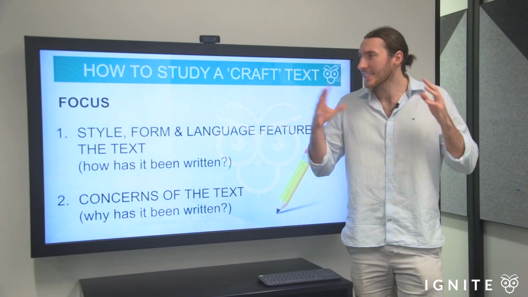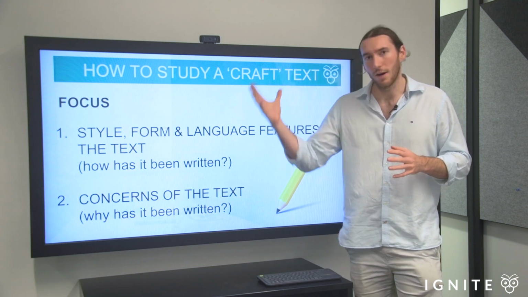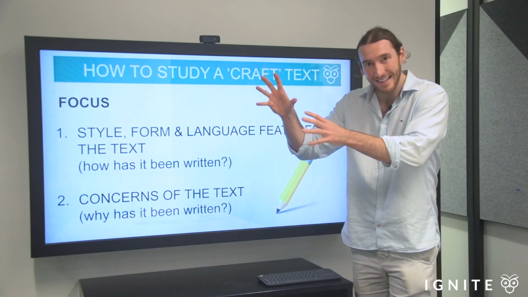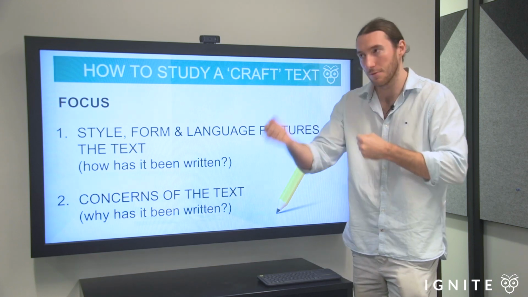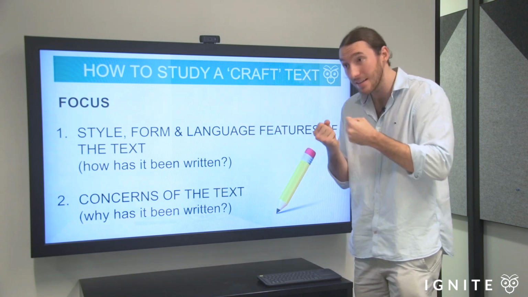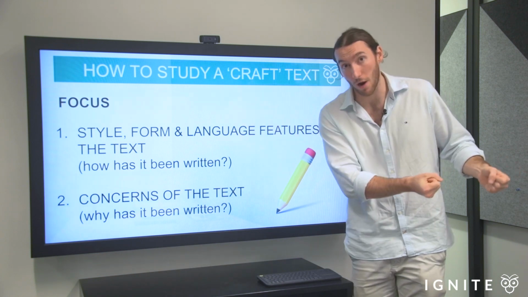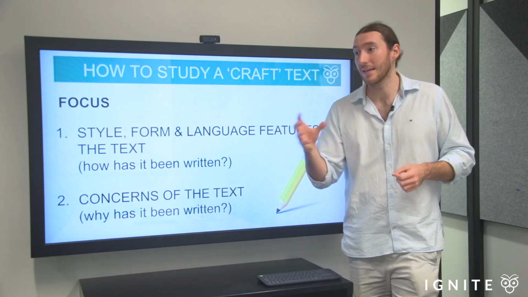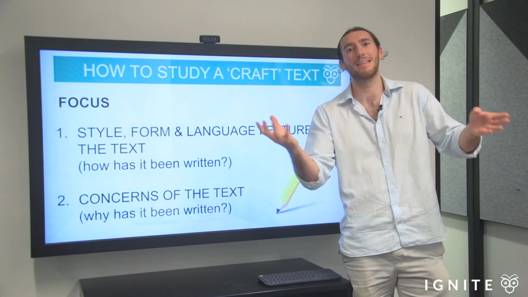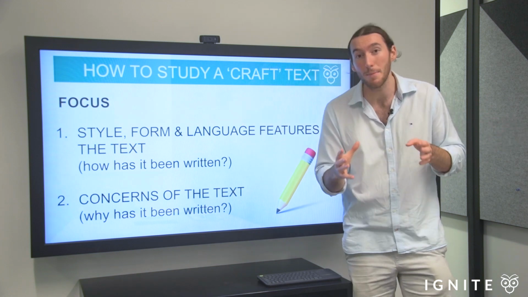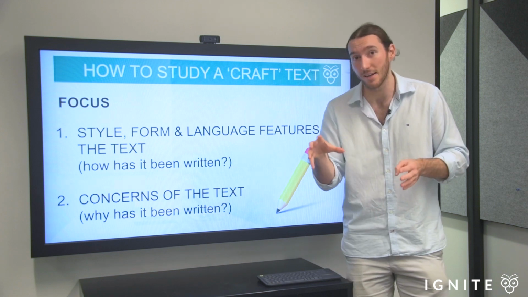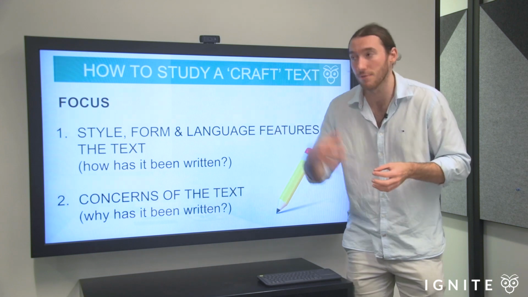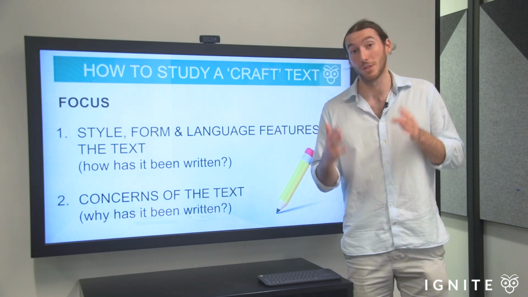Okay, so let's have a look at the focus of craft of writing. In previous videos, we've explored what it's all about. We know it's about grabbing a text, extracting the style and the form and all the value out of it, and then being able to replicate that in your own writing. So that's the gist of this module. We want to copy from the good authors. We want to get a good piece of writing and say, how do I write exactly like that? And this module is trying to make you conscious of the process of essentially copying or emulating or reflecting the writing of great composers. That's what this module's about.